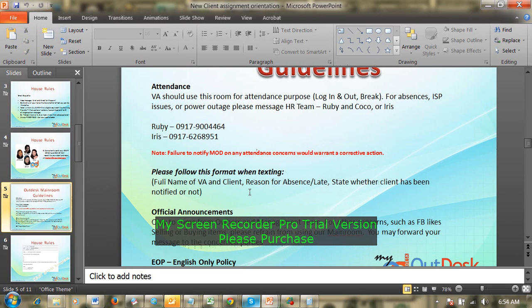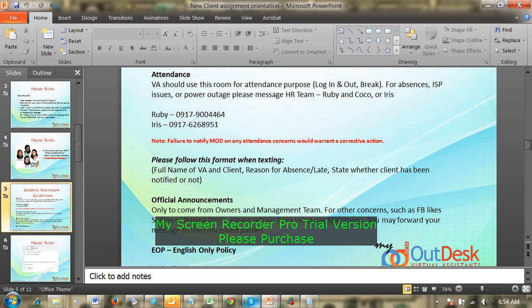So here, take note. Official announcements are only to come from owners and management team. For other concerns such as FB likes, selling or buying items, please refrain from using our main room. So if we have announcements, it is being announced in main room.